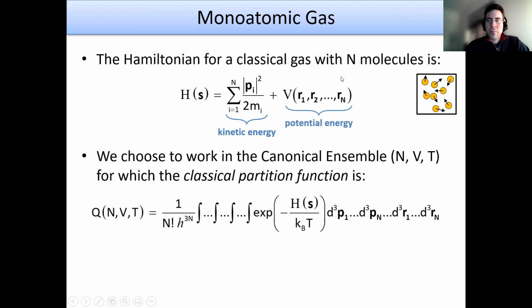And we also said that for an ideal gas, we don't have any intermolecular interaction, so this term goes away. So we're going to use this in a moment. Now, we're going to choose to work in the canonical ensemble, in which we know the number of particles, the volume, and the temperature, and the classical partition function for this system will be like this. Notice that we have integrals here because the positions and the momenta,